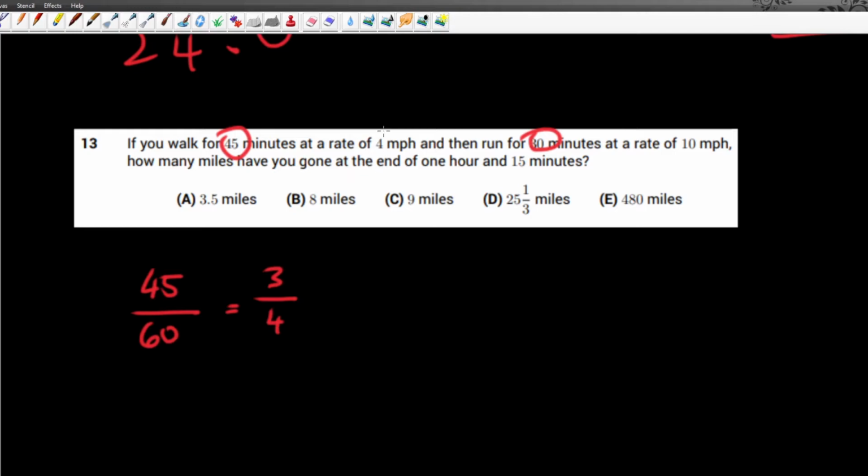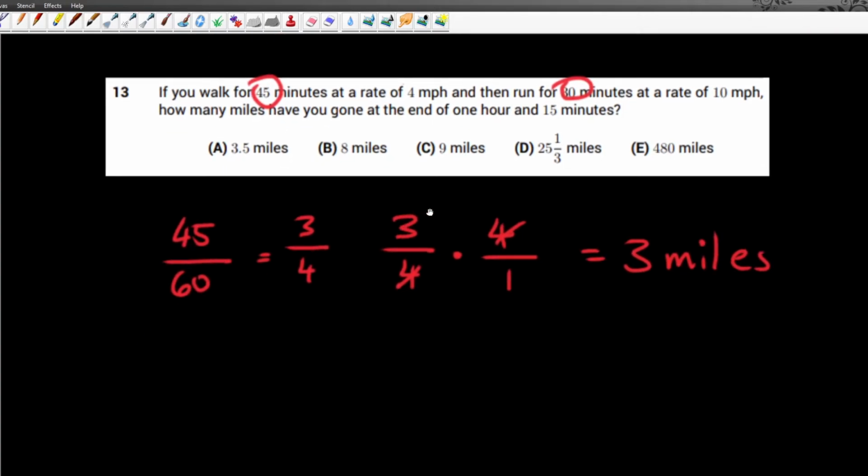That means that you ran 3/4 of 4 miles per hour. So we would do 3 over 4 times 4, which is simply you walked 3 miles in this first 45 minutes. You walked 3 miles in this first 45 minutes, and then you ran for 30 minutes at the rate of